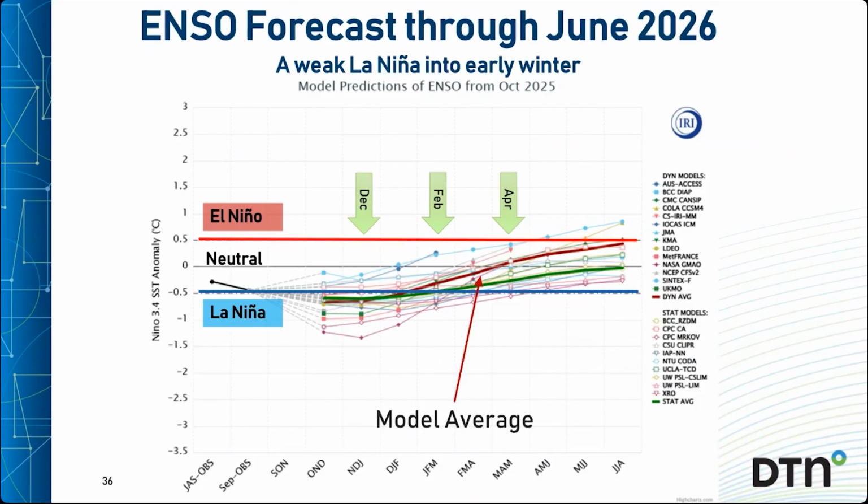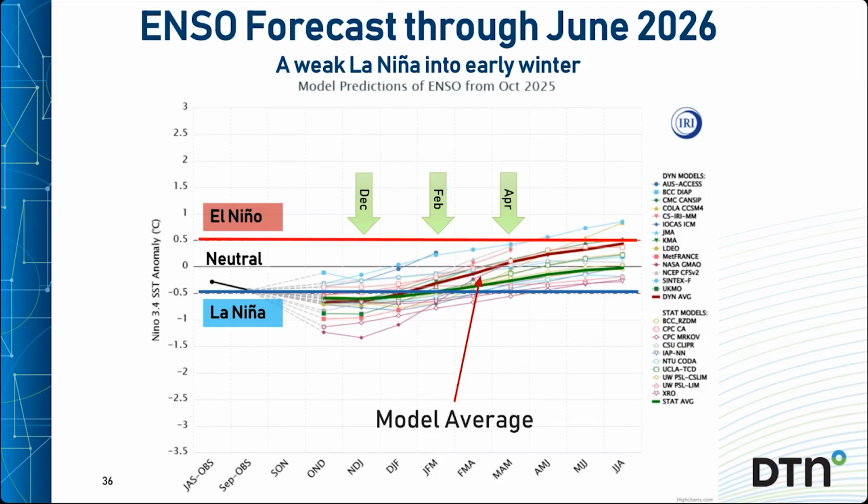So here are predictions for the ENSO forecast from various modeling centers across the world, and the average represented by the thick dark red line. And then that average shows a weak La Nina developing for November and December, barely below the minus 0.5 degrees Celsius threshold. Looks like peaking at around minus 0.7 at its coldest, somewhere around there. The largest consensus of models is right around that point, but a few of them show a stronger La Nina and a couple of others outliers go the other way.